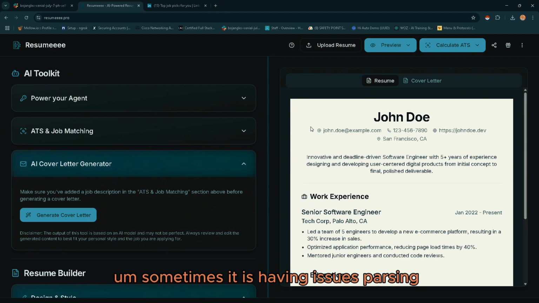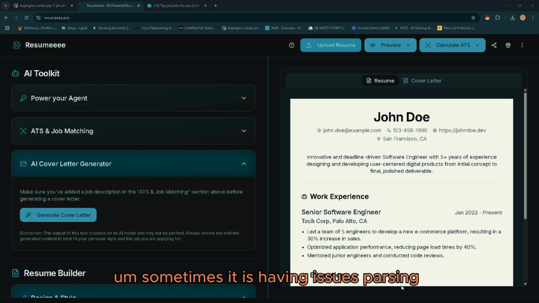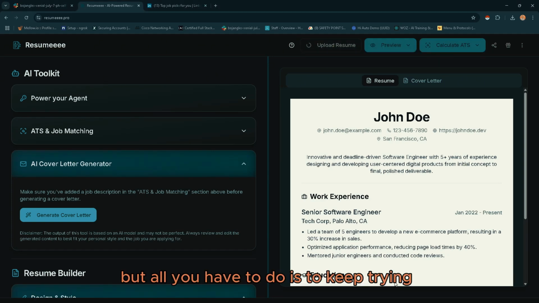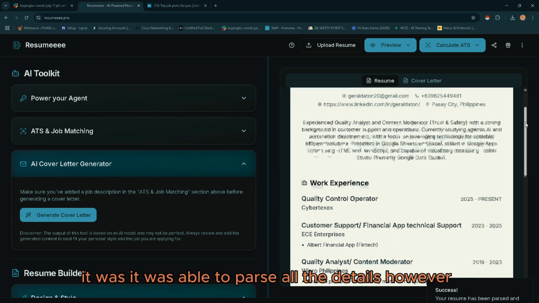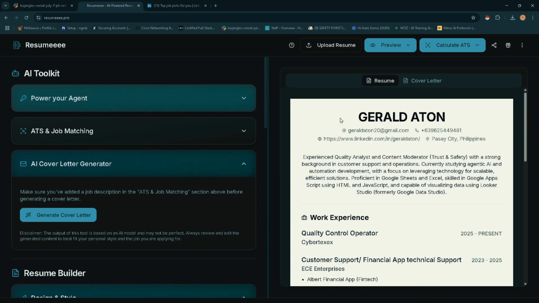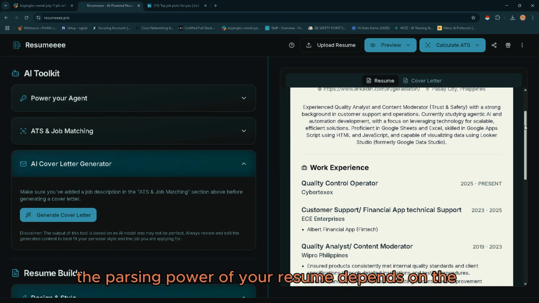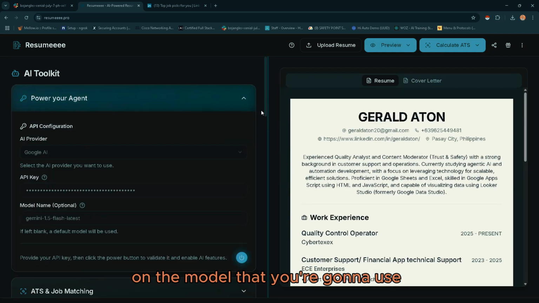Yes, you can see here, sometimes it is having issues parsing, but all you have to do is keep trying. As you can see, it's working now. It was able to parse all the details. However, the parsing power for your resume depends on the model that you're going to use.